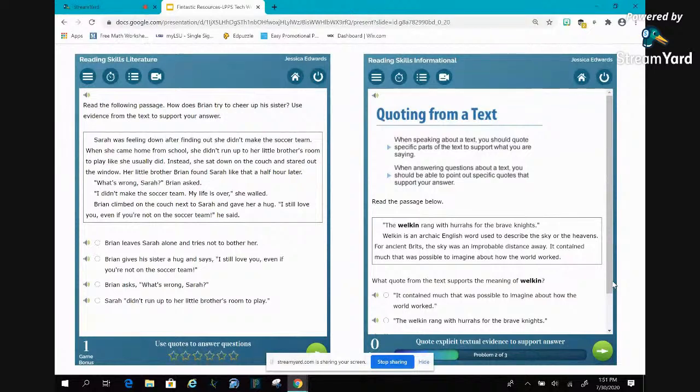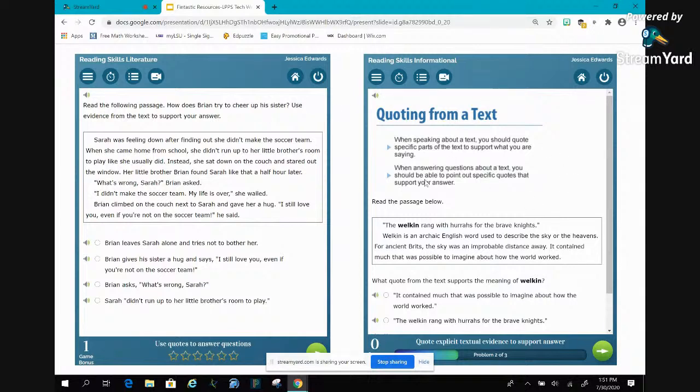For reading, they have 2. They have reading skills literature and reading skills informational. So, of course, one's fiction and one is usually nonfiction. These have different skills. As you can see, like the first one is read the passage and use evidence from the text to support your answers. So very much aligned with the standardized testing that the students are used to taking.